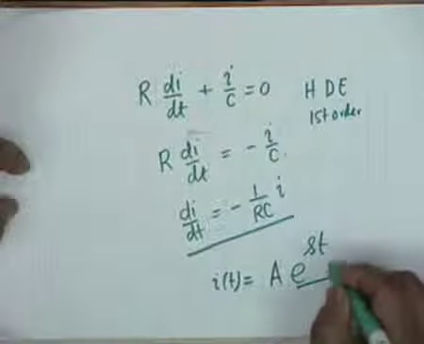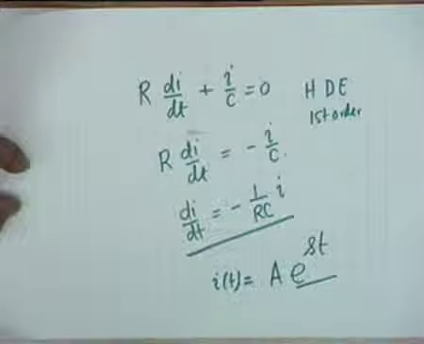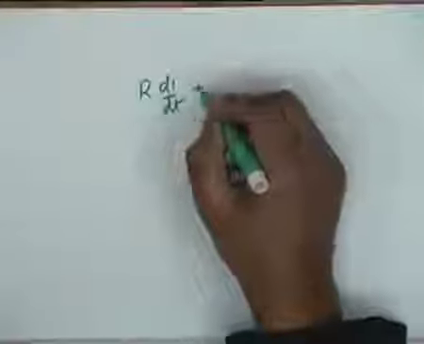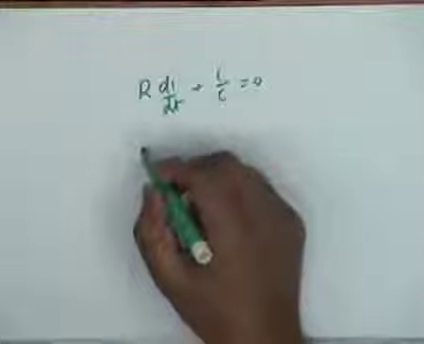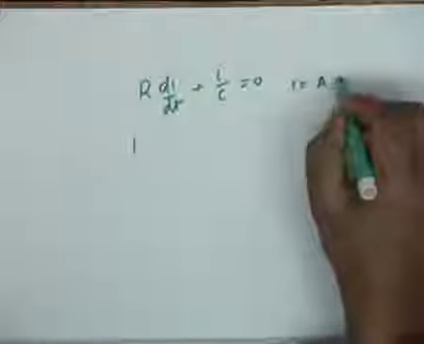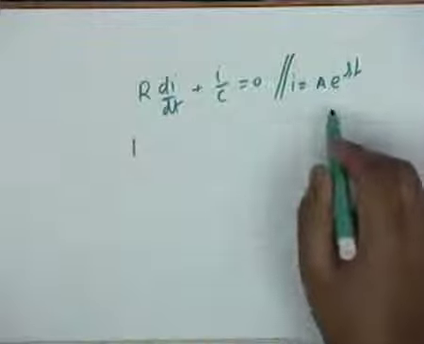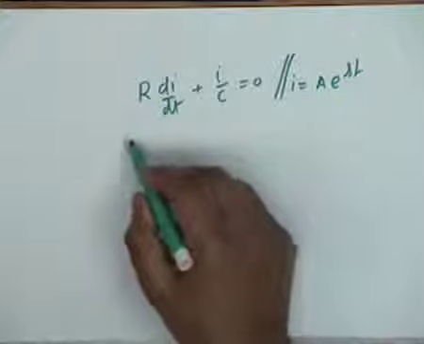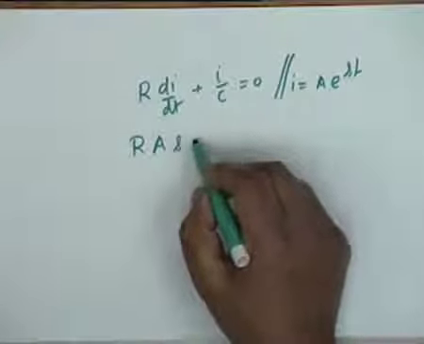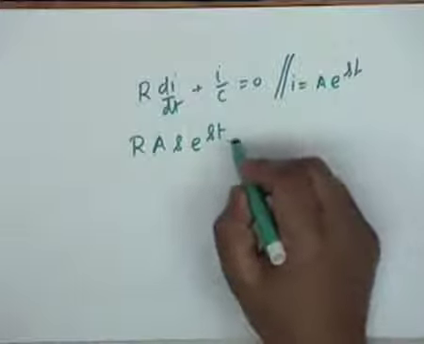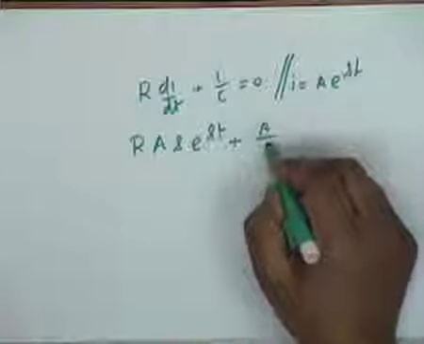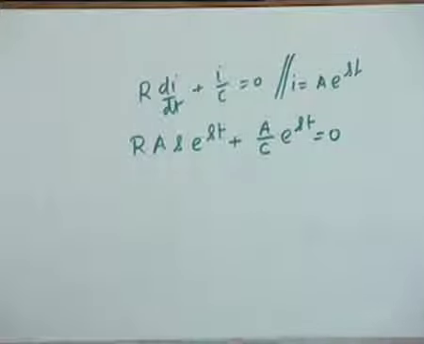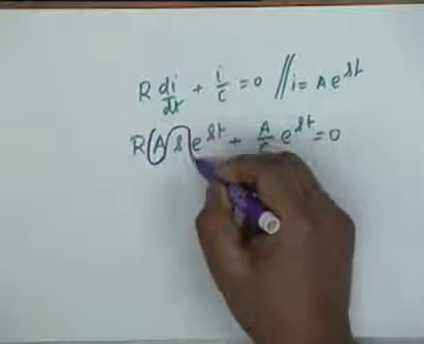Now if I substitute this in the original equation, our original equation is R di dt plus I by C equal to 0, and I substitute I equal to A e to the st. This is called a trial solution. We try a solution of this form. Then I get R A s e to the st plus A by C e to the st equal to 0,